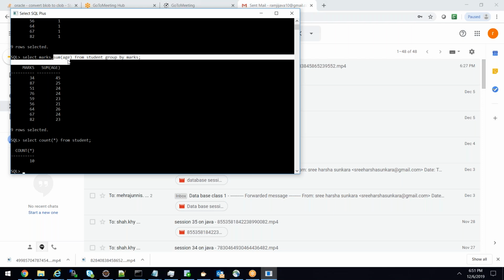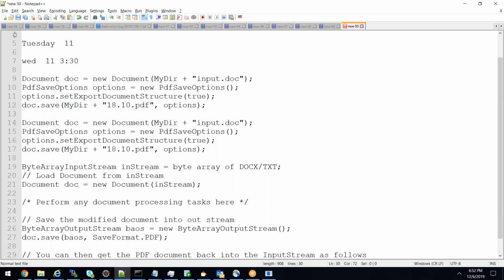These are the only possibilities whenever you're using the group by clause. When you use the group by clause, the same column which is used in the group by clause has to be used in the select clause, and also you can use any group function in the select clause. Okay, and one more thing is,